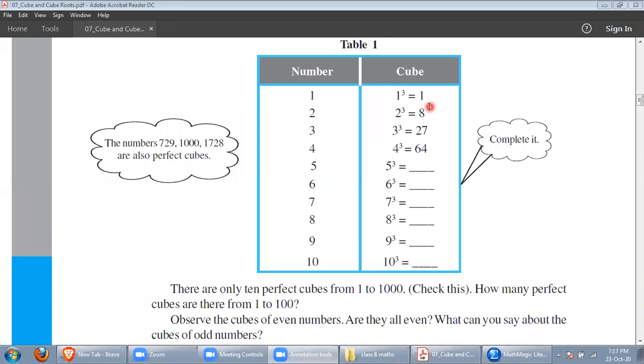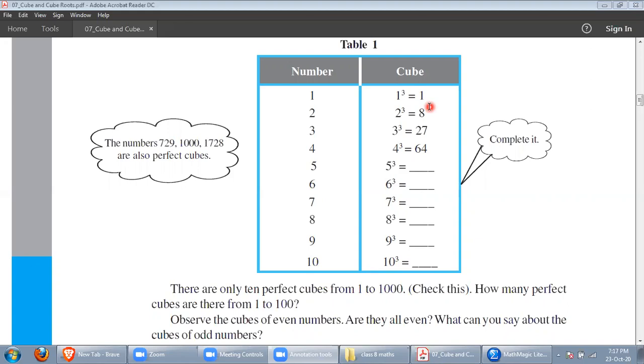Yeah, it will give you minus 8. So when we talk about cube root of minus 8, we will talk about that in higher classes, but let me introduce it to you so that you have a clear idea about what is cube and cube root. When we ask cube root of minus 8, the answer will be minus 2. Yes, for cube root, there exists a negative answer.